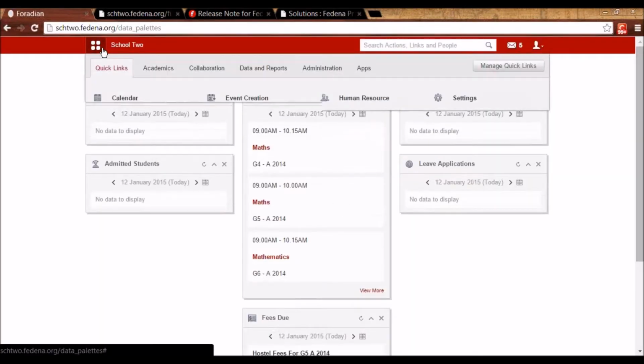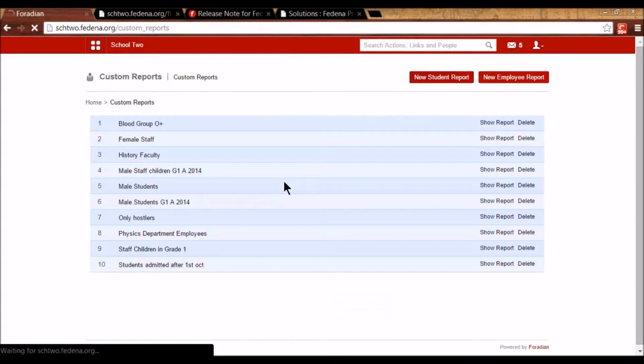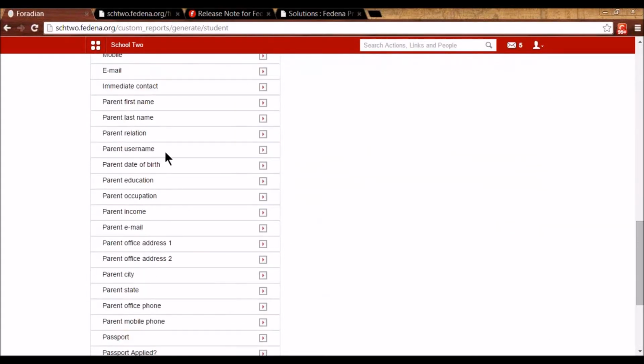Let's see some other module, which is custom reports. In custom report, we have a new option here where we can display the parent username as well in the report.